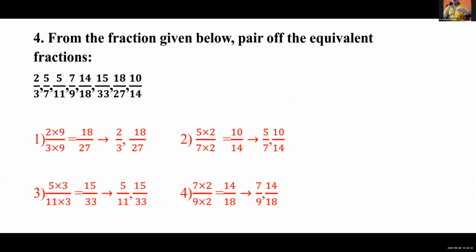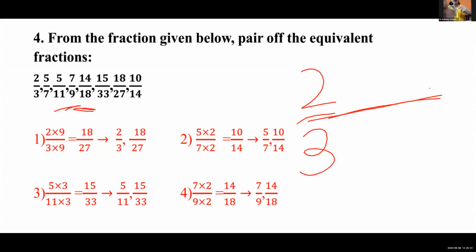Understood? So 2 upon 3. We have to find out which equivalent fractions there will be. We have seen 7 upon 9, 14 upon 18 and 18 upon 27. These 3 are there. Okay, so we are going to take only one out of these 3. Now here 27 is there. 18, if we are taking 18 upon 27, so if we multiply